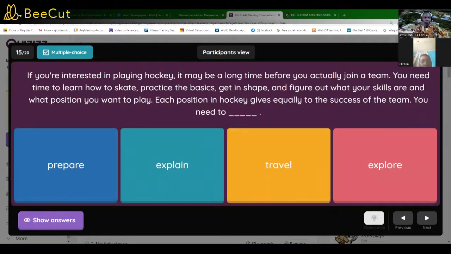Okay, read this. If you're interested in playing hockey, it may be a long time before you actually join a team. You need time to learn how to skate, practice the basics, get in shape, and figure out what your skills are and what position you want to play. Each position in hockey contributes equally to the success of the team. You need to